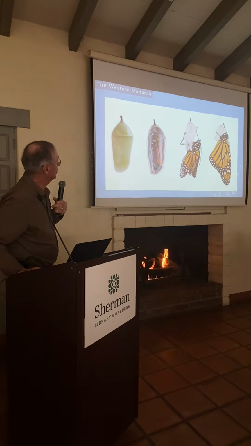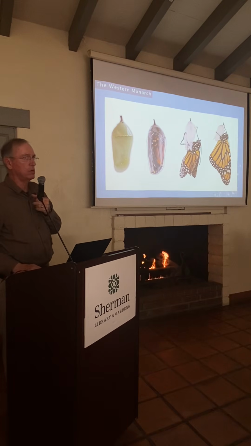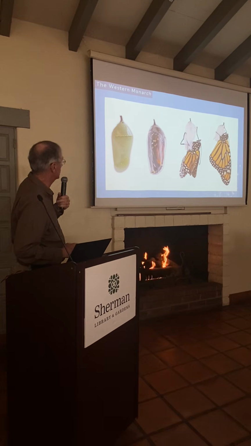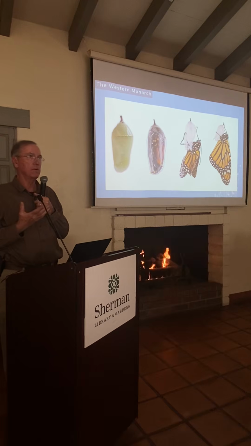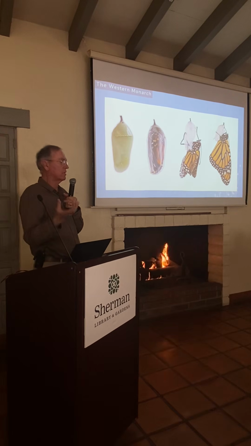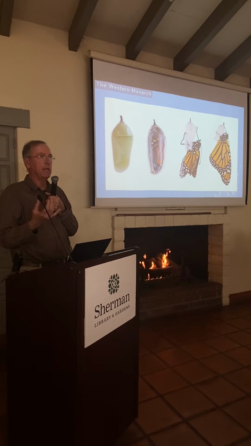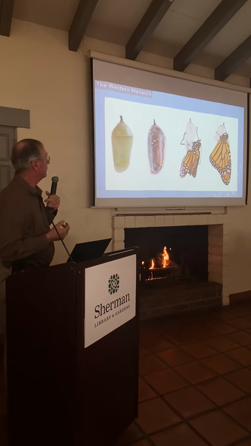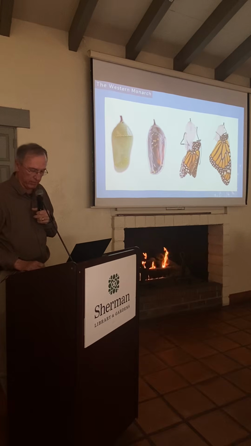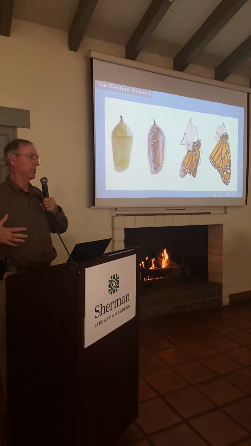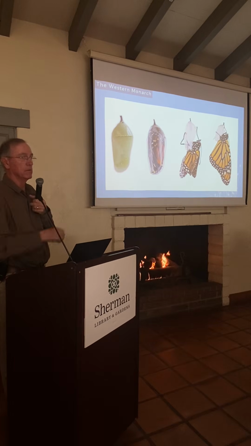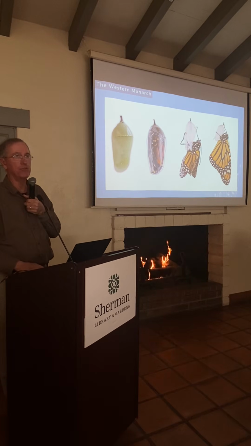As that chrysalid matures and the butterfly inside of it matures and grows, the chrysalid eventually becomes clear. You'll be able to see the wings and the color of the monarch through it, and shortly thereafter it will break through and emerge and expand and pump fluids into its wings and harden its wings. That hatching process takes a few hours.